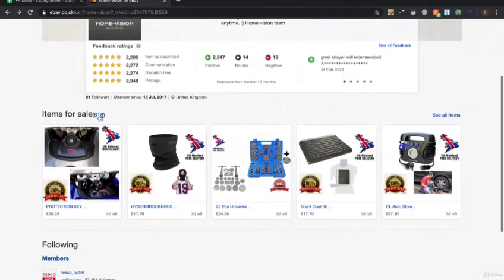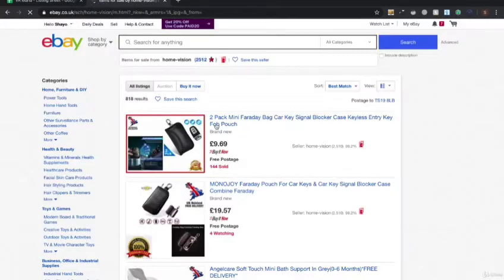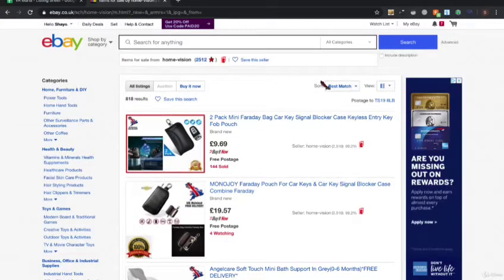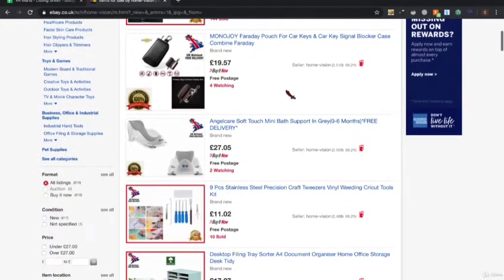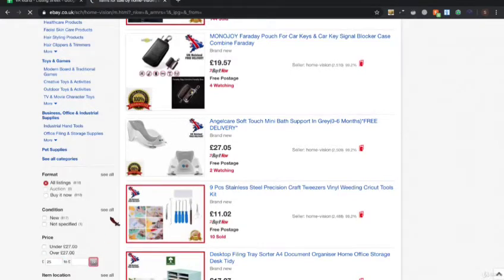So items to sell, 818. If I select that, it will take me to all their pages, and it's already pre-sorted by best match, and you want to leave it as this. Depending on your strategy, but the strategy that I teach is to look for anything over £25. I did start off at £20. I know some dropshippers that use £40, but £25 works fine, and you're more likely to ensure that you have good profit margins. So if you select that,